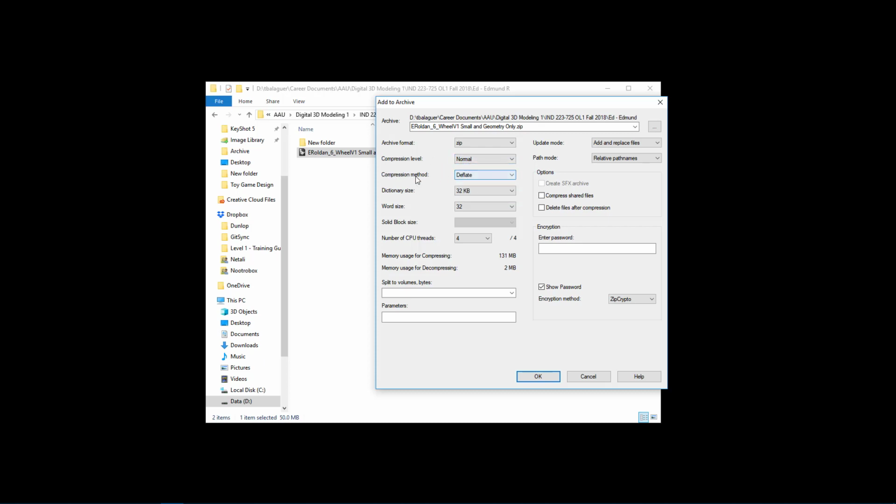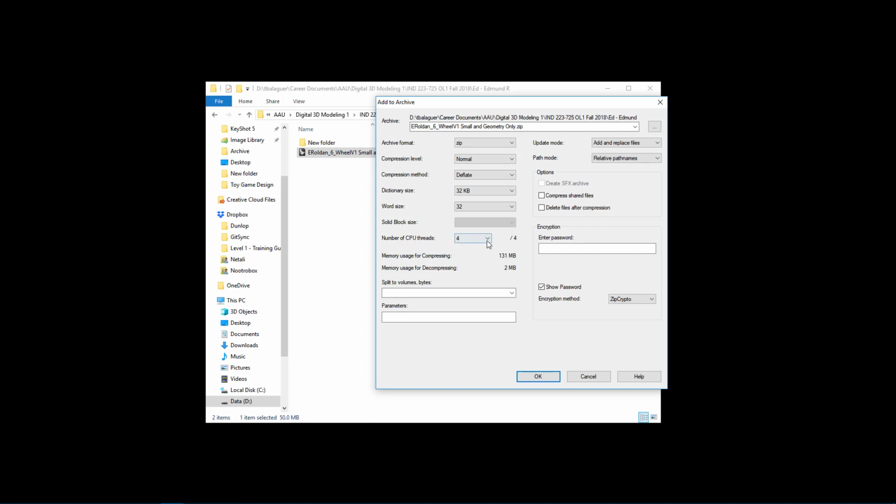Here you have a compression method. We just want it to be the standard deflate. Dictionary size, this doesn't matter. By default it's already 32. Word size, again, this does not matter. Solid block size is not enabled because we're using zip. This is for other formats.